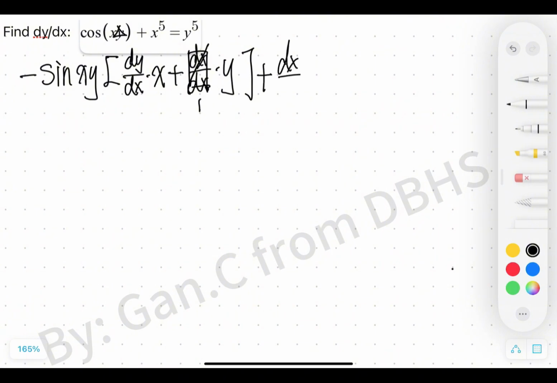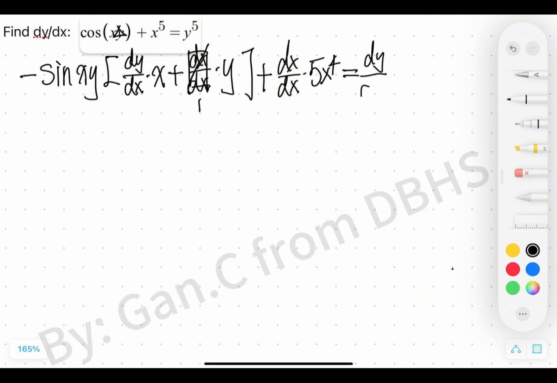Derivative of x, which is 1. I just write it. Times 5x to the 4th power. That's easy. And what's the derivative of y to the 5th power? Of course, this should be the same as the case of x to the 5th power. Let's just write it. dy over dx, the derivative of y, times 5y to the 4th power. Okay, so